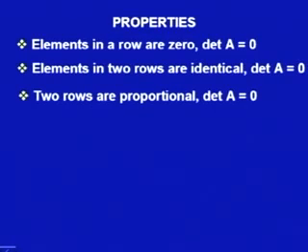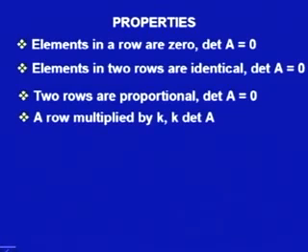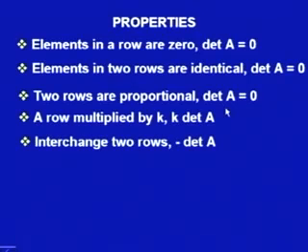If two rows are proportional, then determinant A is 0, and if a row is multiplied by k, then k times determinant A will be the value of the new determinant. If an interchange of two rows occurs, then the determinant is multiplied by minus 1, so determinant A becomes minus determinant A after interchanging two rows. Similarly, we had